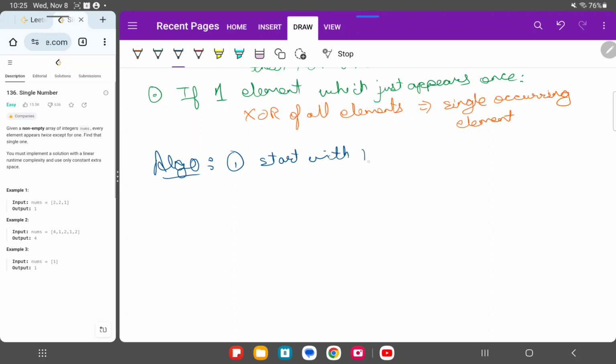Start with the first value of the array. Let's say the XOR of all elements is being stored here in the variable XOR, and let the first element be the initial XOR value, or we can do 0 XOR the first element, it would result in the same thing. Then we start a loop from i equals 1